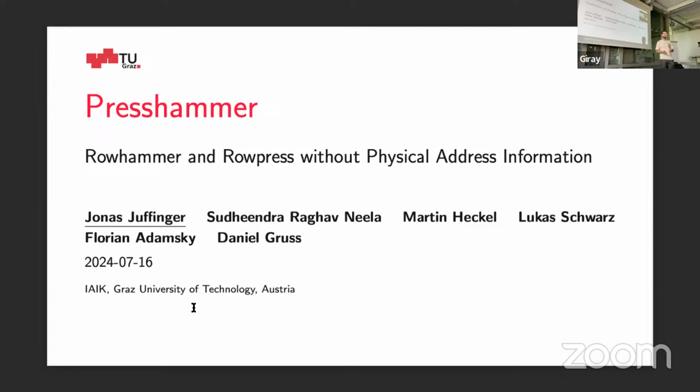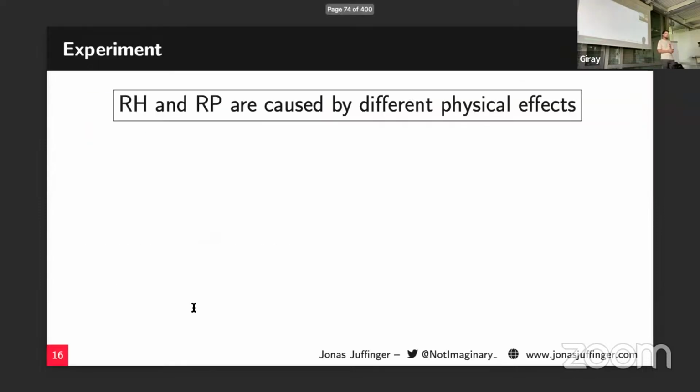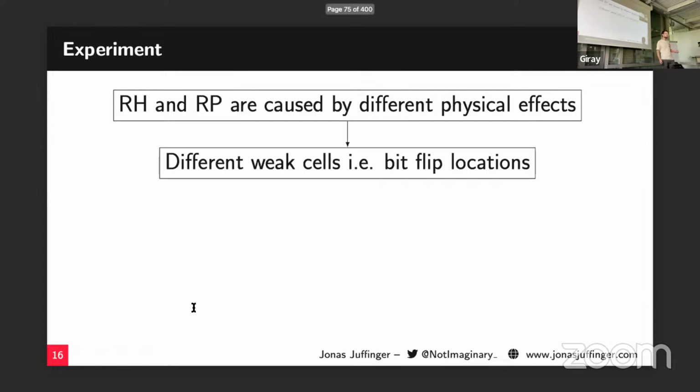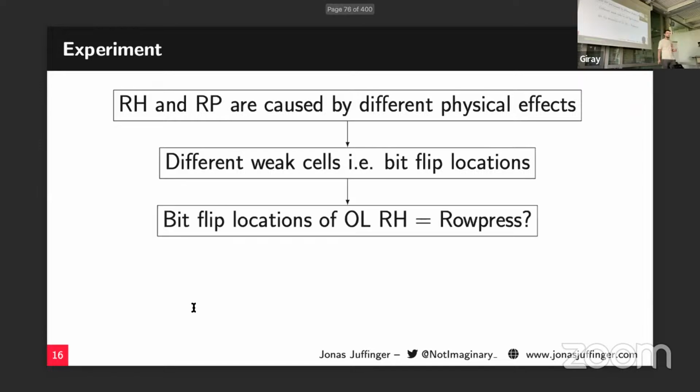So we tried to compare one location RowHammer and RowPress and wanted to see if those are actually the same effects and that our hypothesis was wrong. So we made a simple experiment there. We know that RowHammer and RowPress are caused by different physical effects. So different bit flip locations are flipped when using RowHammer and RowPress. So if we now perform RowHammer and RowPress on the same DRAM DIMM and compare the locations where bits flip,